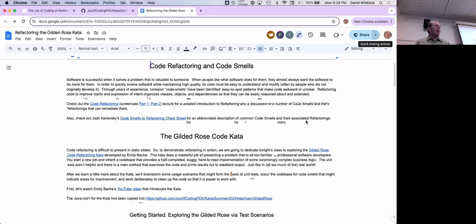So when you have software and you build something that people like, they're going to want more of it. Right? When you solve a problem, which I hope you're here to do, and solve it well, people are going to say, well, great, can it also do this? Or, you know what, I see that it does this, can it also do this other thing? And so it's really important that your software be malleable enough to,